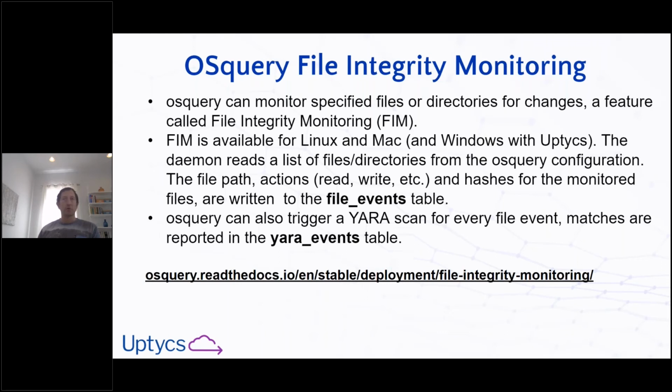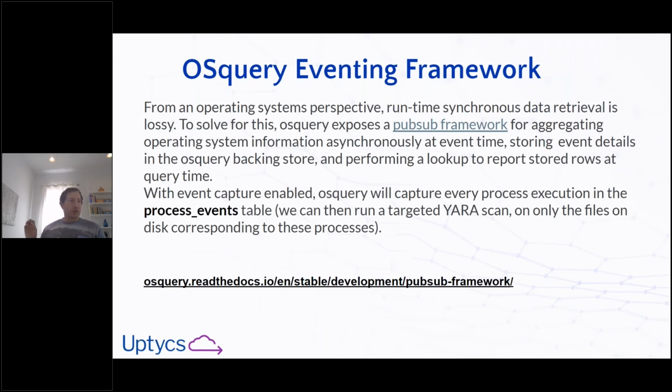But a nice thing about the file integrity monitoring is if you're using FIM to detect a change to a file, you can then say, hey, now run a YARA scan on those files that have changed. And for monitoring processes that have happened, as I mentioned, you can see all of the different processes that run on a machine. So you might put in the OSquery daemon configuration, give me all the processes, select start from processes, interval 30. So every 30 seconds, select start from processes. So the daemon will run in the background, it'll do that, it'll push that data out to the consumer,